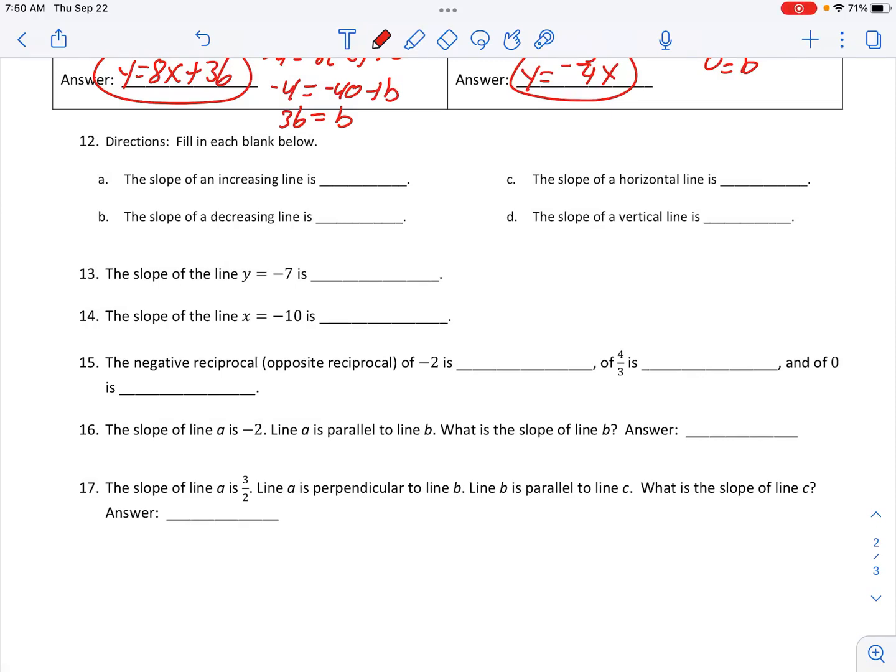All right, the slope of an increasing line is always going to be positive, so line going up. The slope of a decreasing line will always be negative, always going down. The slope of a horizontal line, we said that slope is 0. And if it is vertical, that is where we said the slope is undefined. So going back to y equals -7,